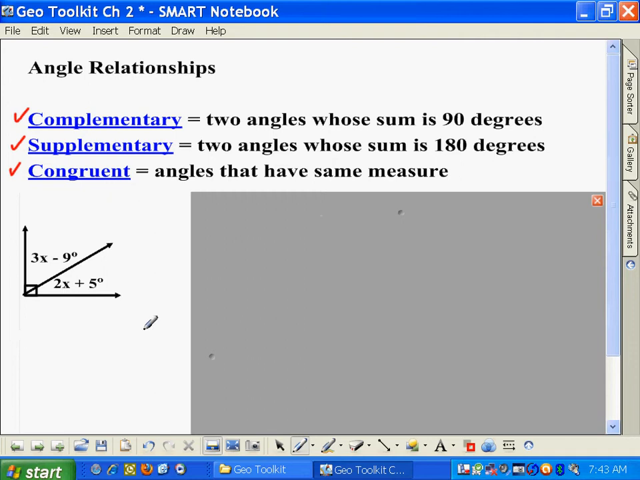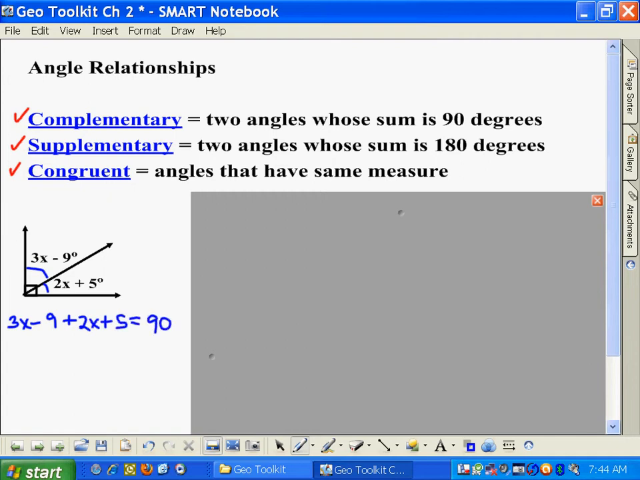First off, let's say we have this little picture right here. If you look at the picture, you have a right angle, and these two angles make up that right angle. So if it's a right angle, that means it's going to be complementary: these two angles whose sum is 90 degrees. So we can write 3x minus 9, because that's our first angle, plus the other angle, which is 2x plus 5,